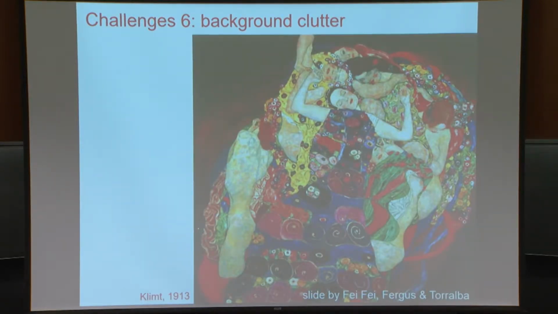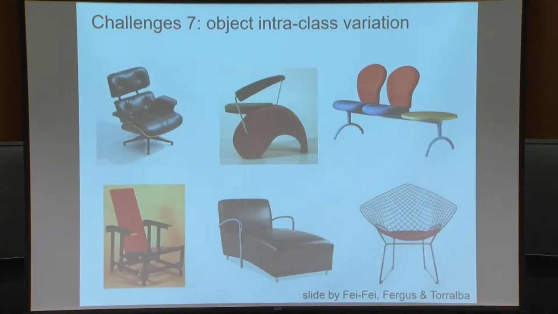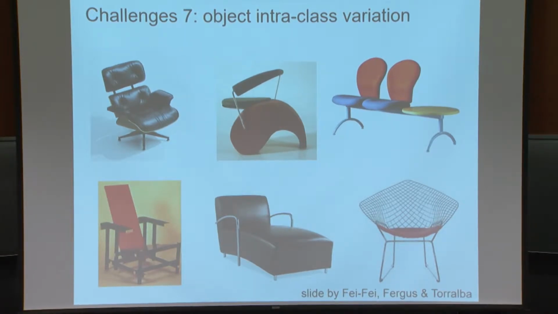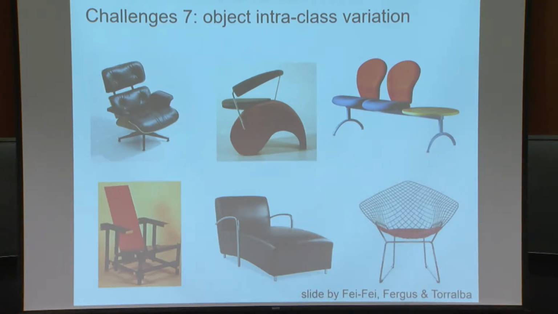Clutter. We can design algorithms for simple backgrounds, but if something very cluttered like this is there, can you still identify things in it? This is a good example that I like to use. Let's say you design an object detection class, and you design your algorithm: okay, this is how a chair looks. Next time you get the picture of a chair, you should be able to predict a chair. But how do you really define a chair, to be honest? All of these, a human will define as a chair. There's no fundamental definition that we have of a chair. So if humans also don't know the real answer to that, how do you actually define it